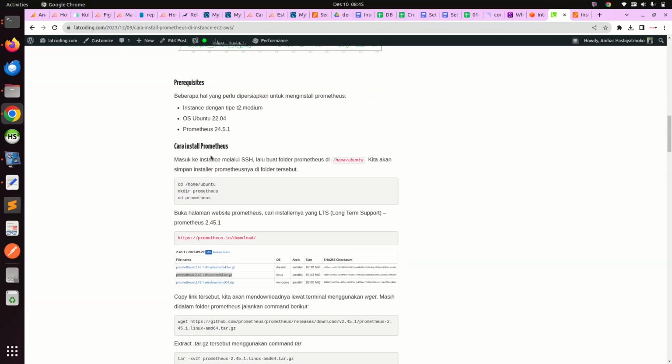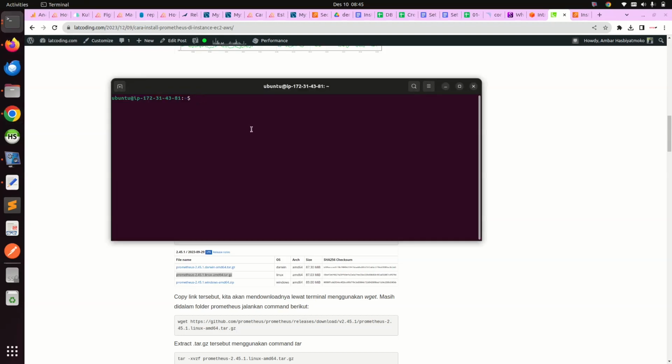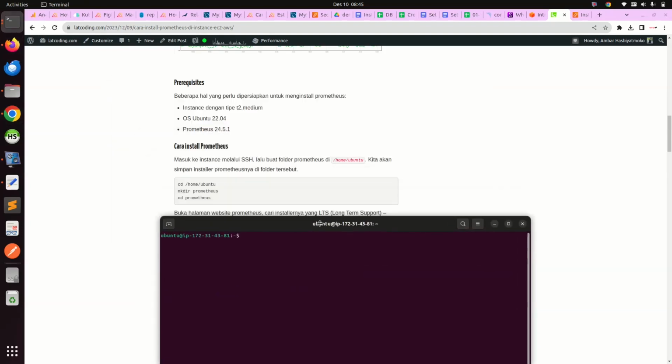Okay, the first step is how to install Prometheus. We should log into the server by using SSH. I already logged into the server.